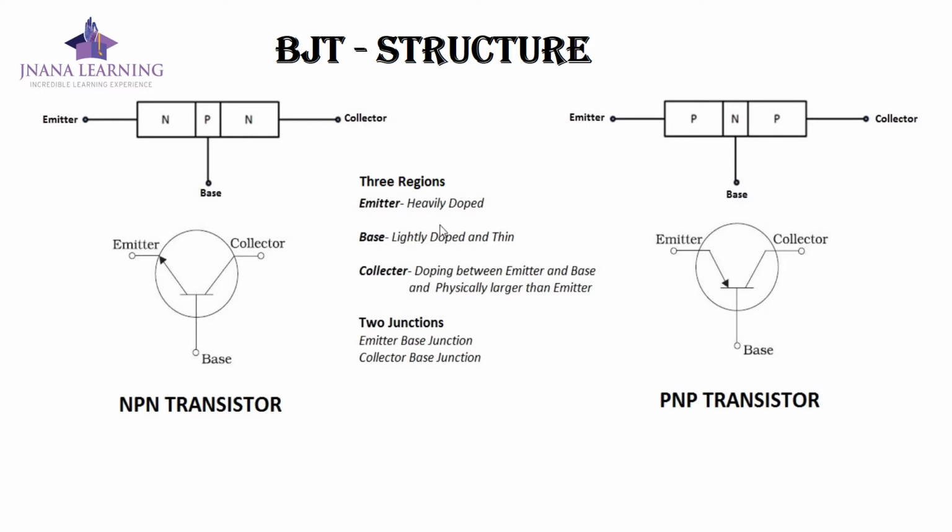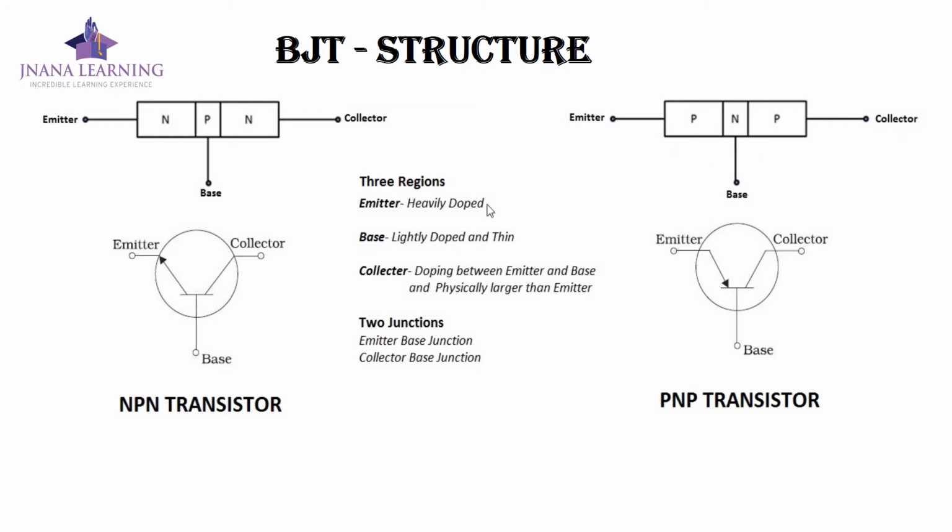Now regarding these regions, the emitter will be heavily doped, and the main function of the emitter is to emit or inject electrons in the case of an NPN transistor and holes in the case of a PNP transistor. Why? Because we know that in an N region the majority carriers are electrons, and in a P region they are holes. So in an NPN transistor, the emitter is an N region, so the emitter emits electrons to the P region, and in a PNP transistor, the emitter emits holes to